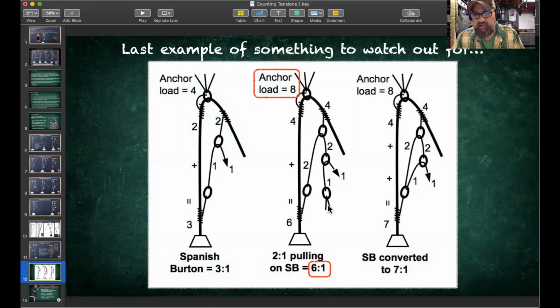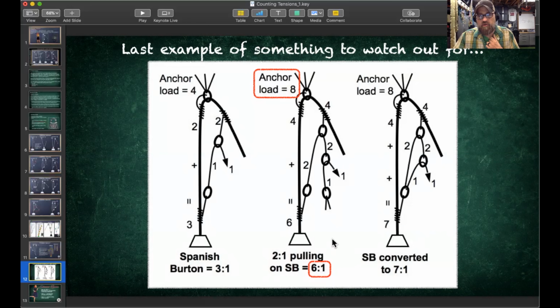This is a separate anchor, where on your 7-to-1, this piece is tied directly into here. So understand that although I've got a 6-to-1 here and an 8-to-1 here, and you're like, that makes no sense. How can that happen? It's because the force that's seen on this anchor is distributed already into this load. If you see it, like 1 goes in, 1 comes out. So this 1 is down here, but it's magnified and put into this number here. So in the end, it's basically the same forces, just with a separate anchor that you see on the 7-to-1